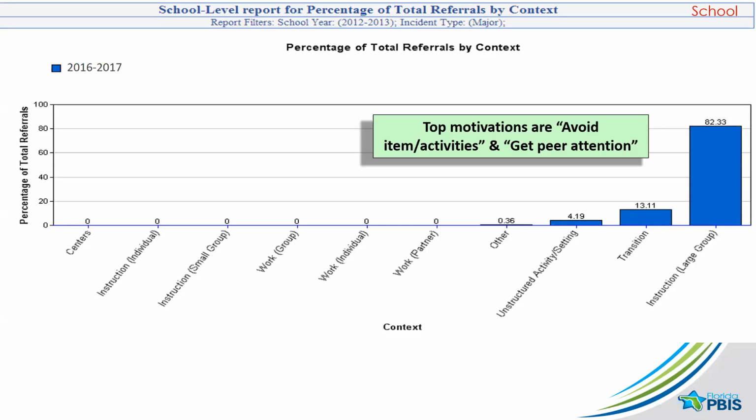And when looking at specifically the classroom context, we can also look at the types of activities that are occurring within our RTIB database. In this case, that would help us to further generate hypotheses around what we can do for action planning. So if we know that the majority of disruption referrals in the classroom are specifically occurring during large group instruction, we can then specifically focus and pinpoint large group instruction variables to get a sense of what that context is doing and why it might be resulting in increased disruptive behaviors.